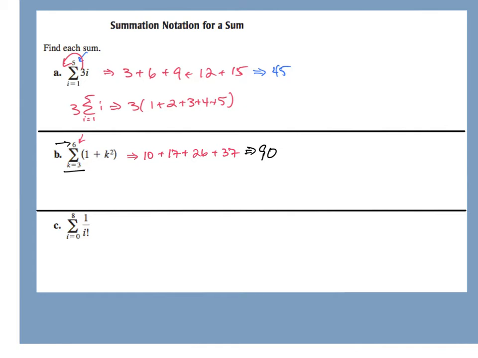All right, part C, this will require a calculator. This is actually a very famous one. We'll talk about it. So this one I'm going to go from 0 to 8 of 1 over I factorial. So if I substitute in 0, 0 factorial is 1. So now I have 1 over 1, which is 1. And then I substitute in 1. So now I have 1 over 1 factorial, which again is 1. Plus, now I substitute in 2, and I end up with